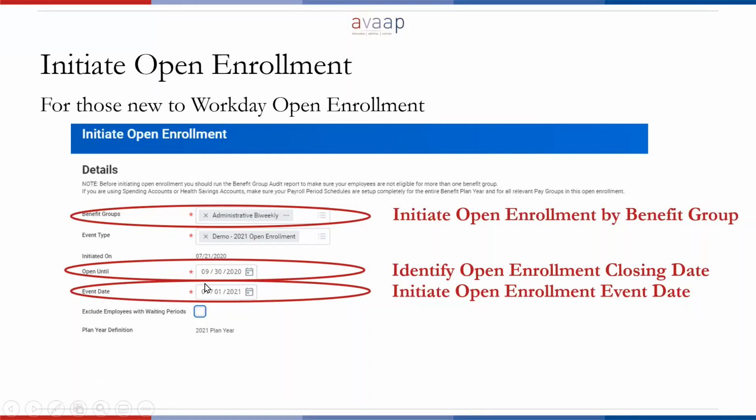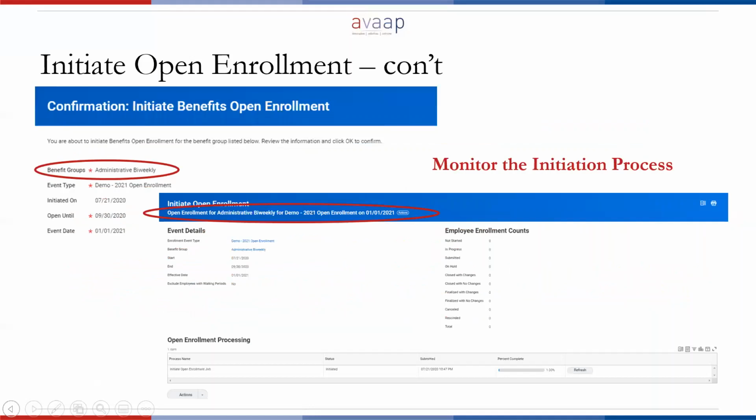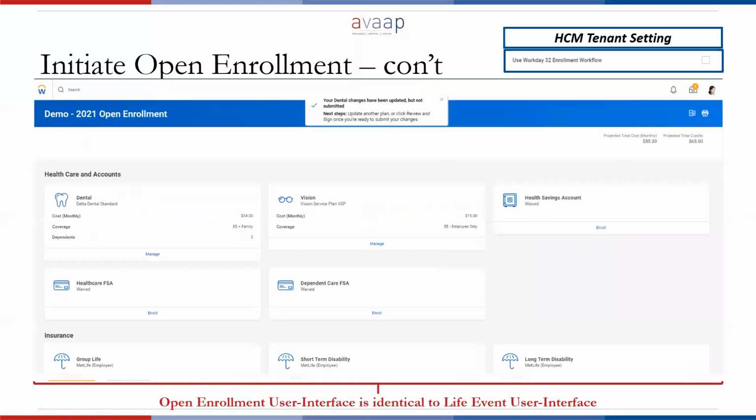So in this example, we've got a 1/1/21. And then if we go to the next slide, Workday has a couple screens where you can really manage the initiation process, watch the process until you'll eventually get to having employee enrollment accounts over on that right-hand side of the page, where you'll see all of your events have been opened and what the status of them are. And then we'll get to the user interface on the next slide, and we'll see here,